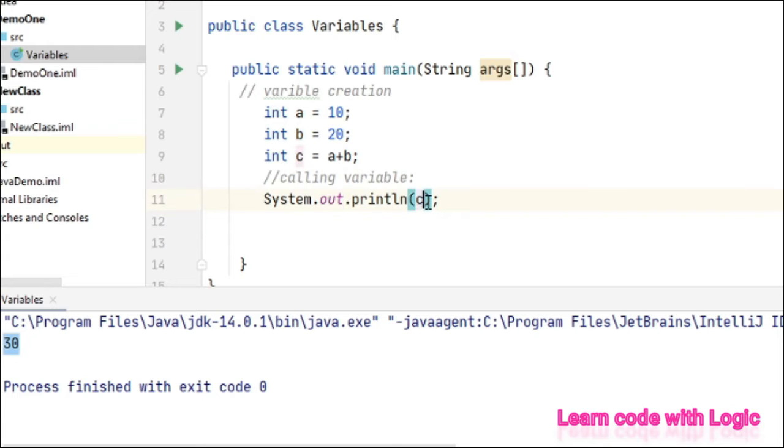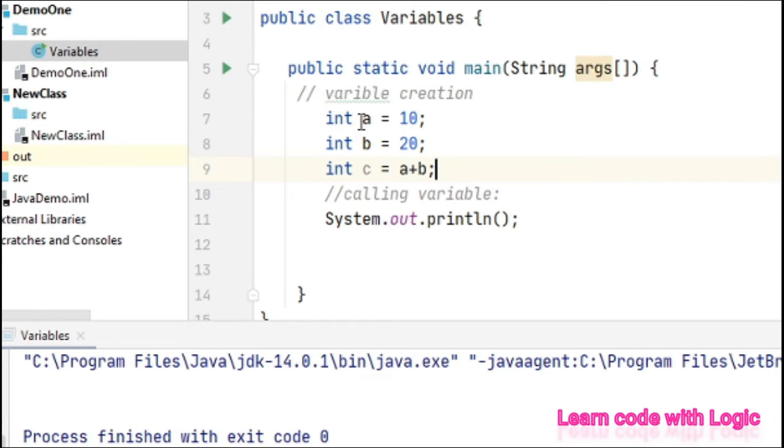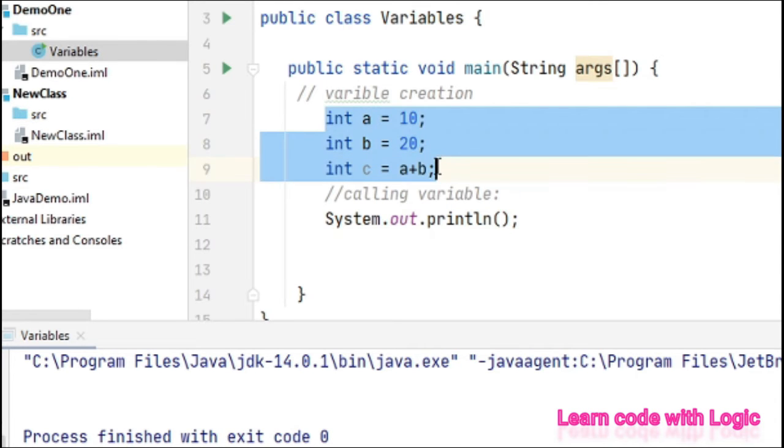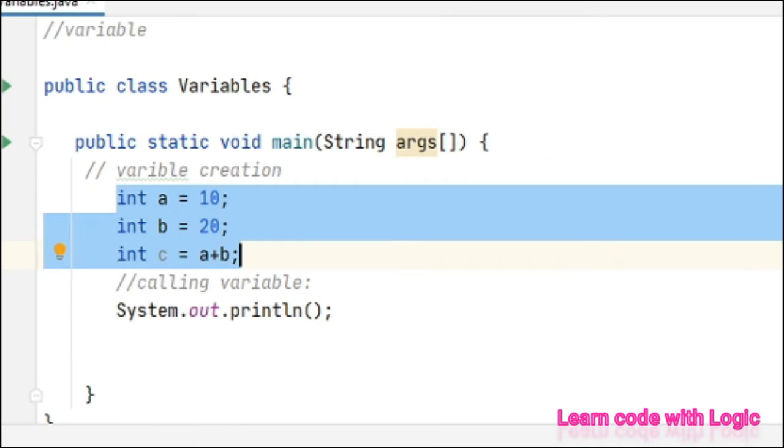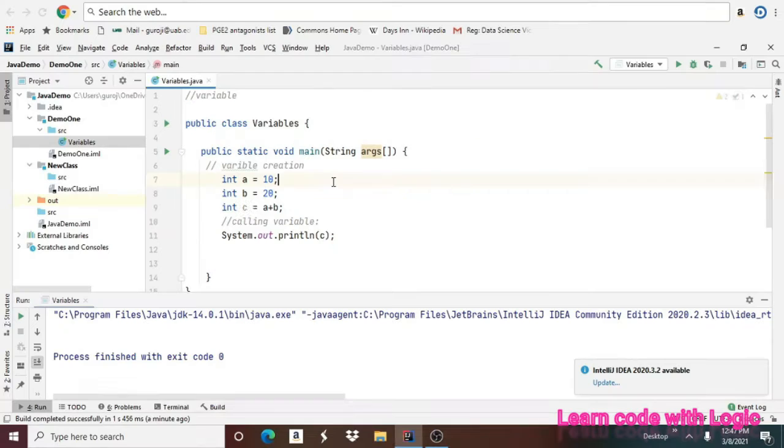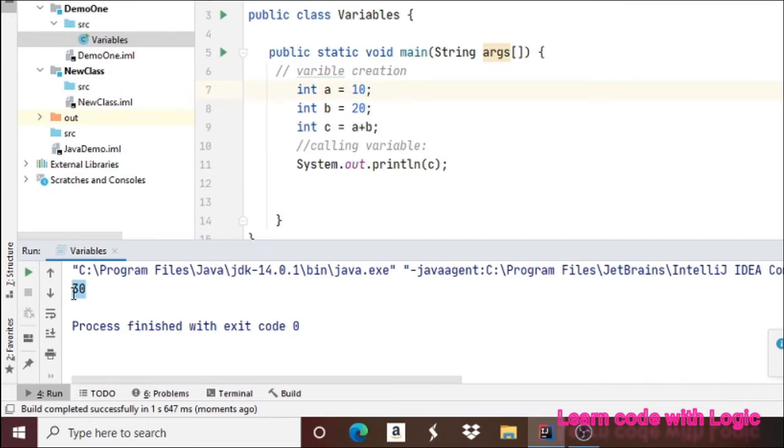Suppose you are not giving anything here. The code compiles and runs, but there is no output. Even though you are doing all the math calculations here, if you are not calling anything, it's not going to give the answer. So you have to understand how to call anything we created earlier, meaning methods, variables, etc. Now I am saving the code again. If you print, again you will see 30 here.